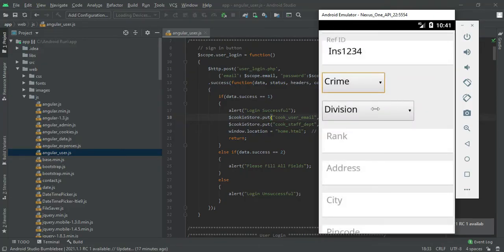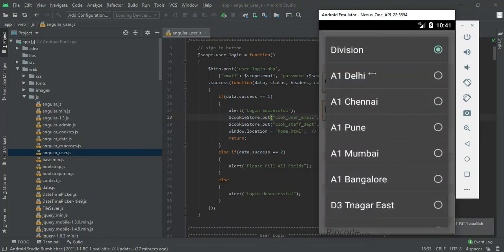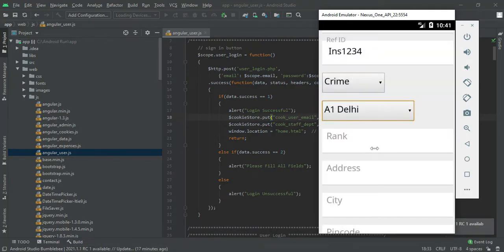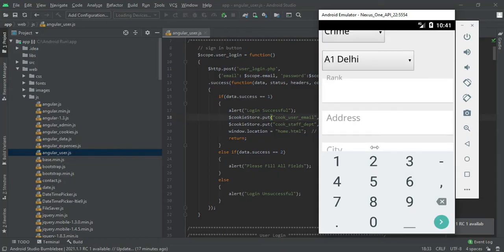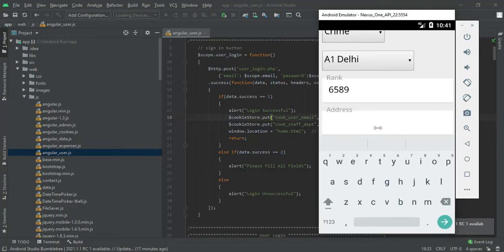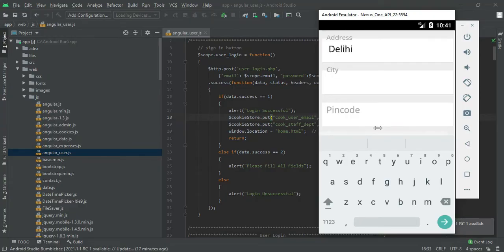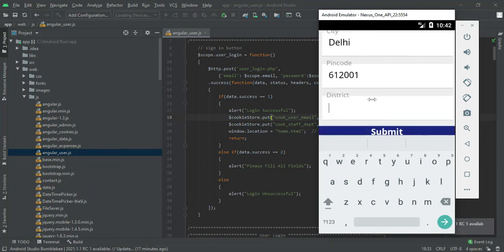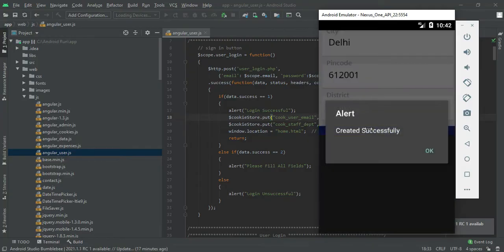I just selected crime, and you have to specifically choose the station division, so that the station will handle the particular complaints. If the complaint comes from Delhi, the Delhi ID will handle those complaints. So submitted, it is created successfully.